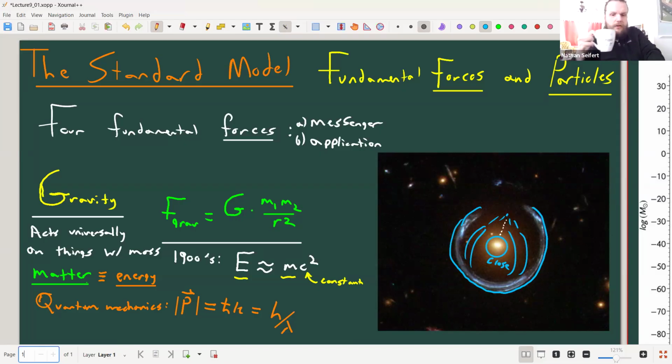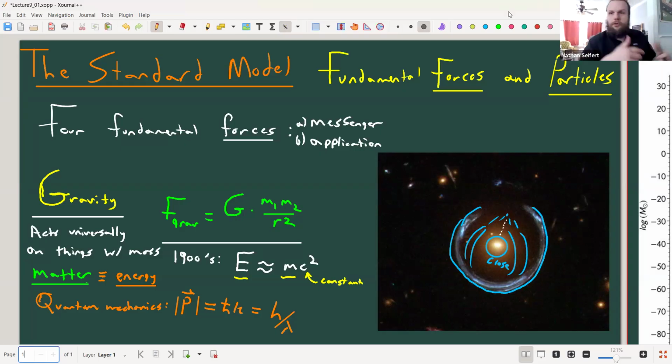But the thing about gravity is that it's extremely weak. I want to contextualize how weak it is soon. We'll just hold on to gravity. In general we'll just ignore gravity because it's so weak. It only matters at massive